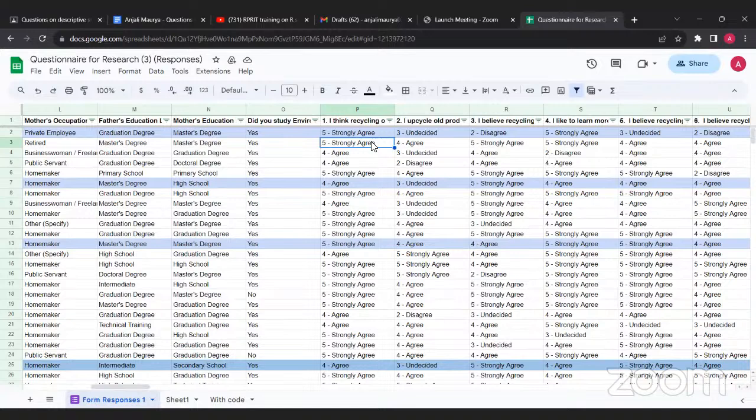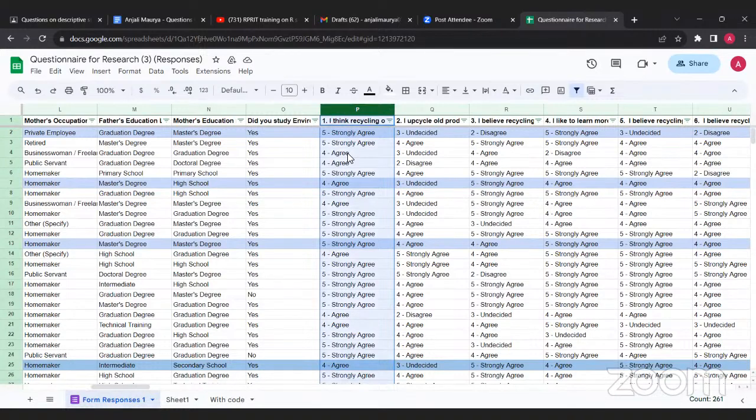you have the Art Studio, correct? Yes, sir. Okay. So you select this one, this P column. Okay, sir. What is this? I think recycling. Recycling of products is important. Okay, so you have selected this one. Please select this one.